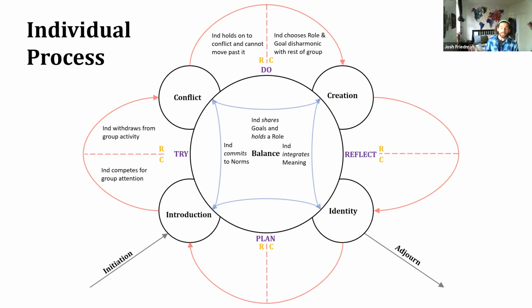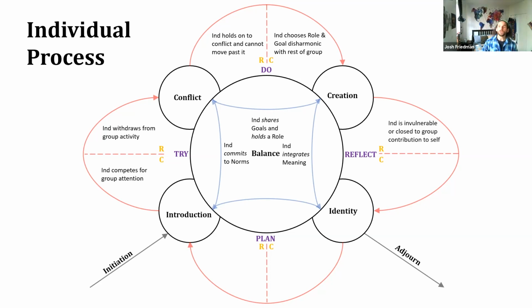Similarly, after we create something, we want a group to have a group meaning. What does that require? It requires that the individuals in that group integrate that meaning into their own. Just because you think we did a really great job doesn't mean I have to think we did a really great job. But if you think we did a great job and I think we did a really poor job, and we talk to each other and we integrate our meanings into the group, we'll probably have a much more accurate picture of the job that we actually did, right? So we want all of those individuals to get an opportunity to integrate that meaning. That's part of that negotiation process.